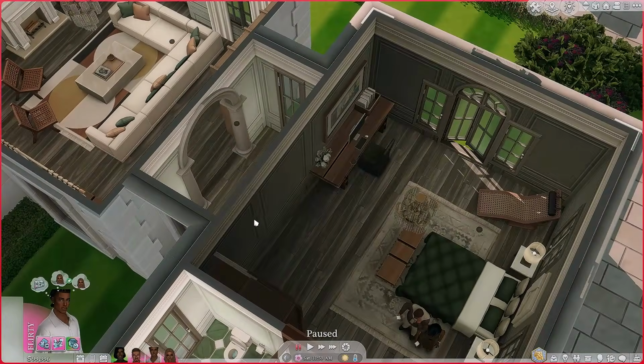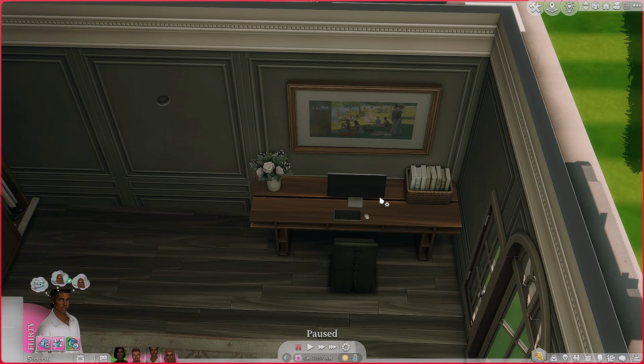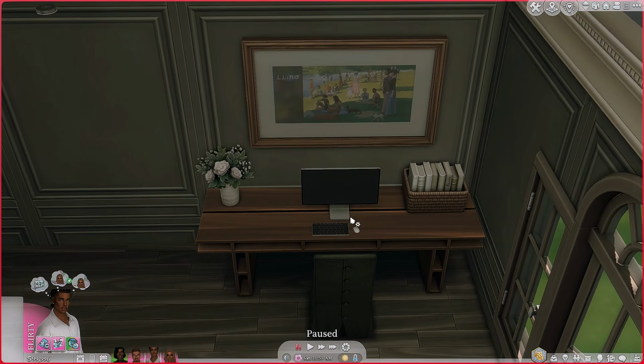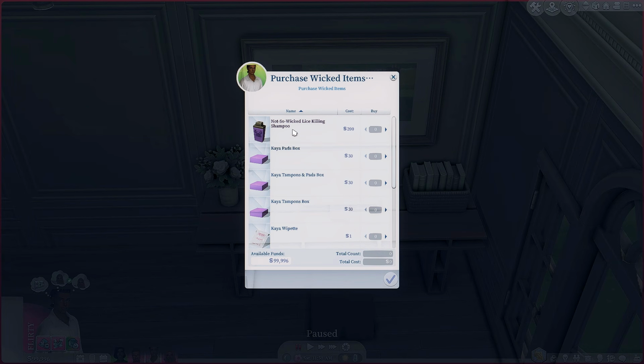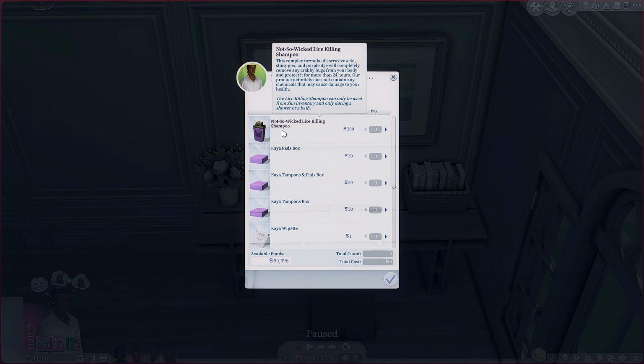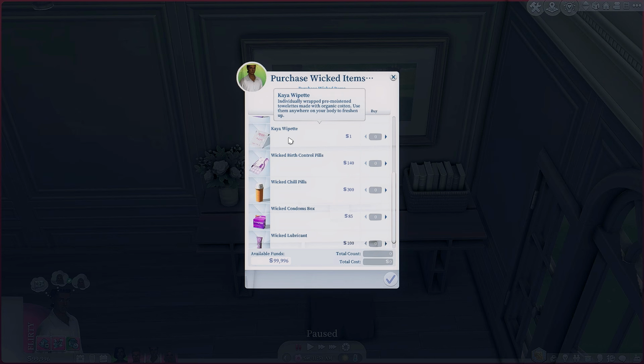In order to prevent your Sims from getting pregnant from said interactions, you can purchase contraceptives for your Sims. If you have a computer, you can click on the computer, click on the Wicked interaction, and you should see an interaction that says purchase Wicked items. If your Sims have contracted an STD, they can purchase a shampoo to help combat it. If your Sims are having their period, they can get pads and tampons. You can buy hygiene pads in here, and then my favorite item to get, which is the birth control